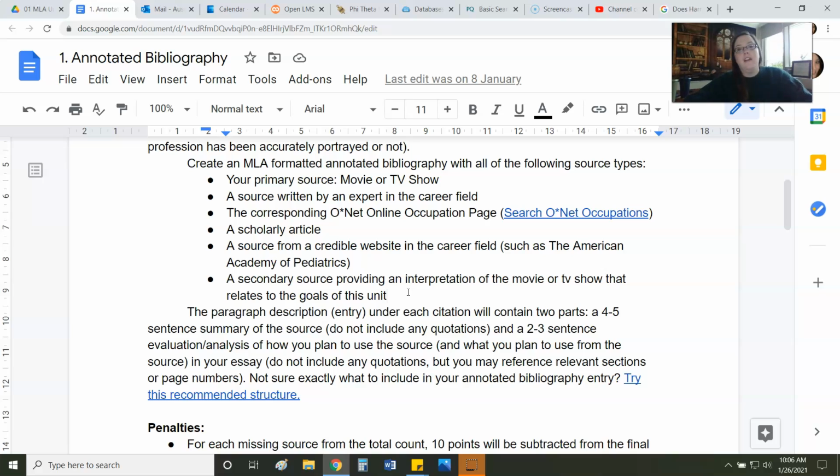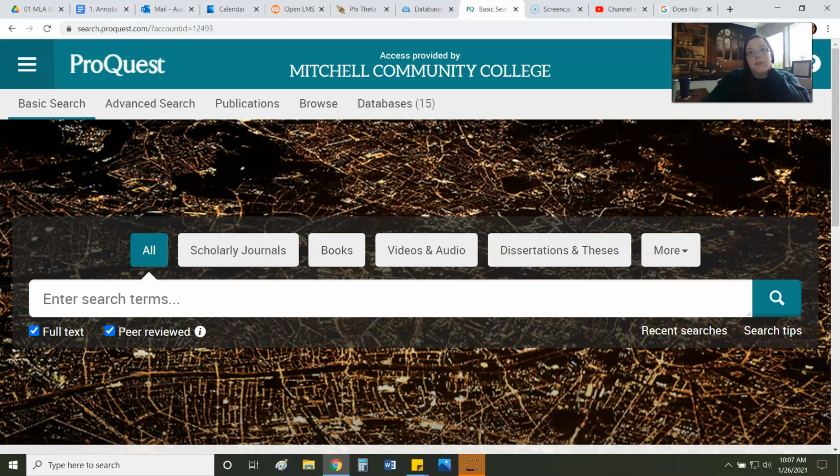And in that way, honestly, ProQuest can be helpful for these, but I think that Google is going to be a lot more helpful, with the exception of a scholarly article. With that being said, for your scholarly article project, not your MLA project, ProQuest is your best source. ProQuest has the most scholarly articles at your fingertips that you have free access to. So I would certainly use ProQuest to find an article for the scholarly article project.